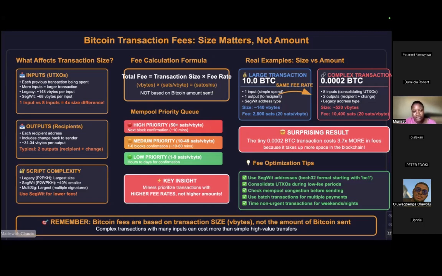Then batch transactions for multiple payments. So if 4 users are sending out BTC, instead of creating multiple transactions for each of them, you can make it one. So you have multiple outputs, right? Maybe with one input that you have, and at least it reduces the fee and just makes it better.